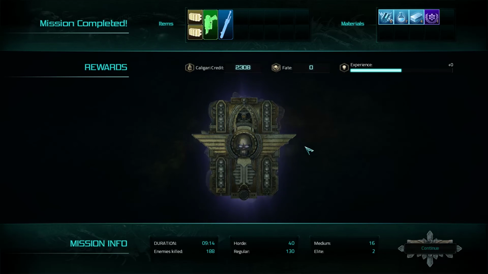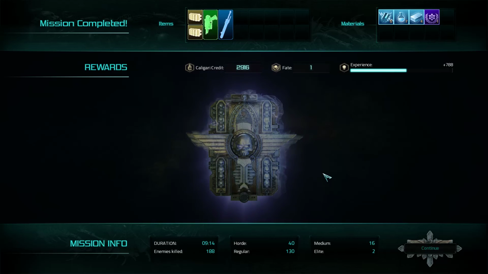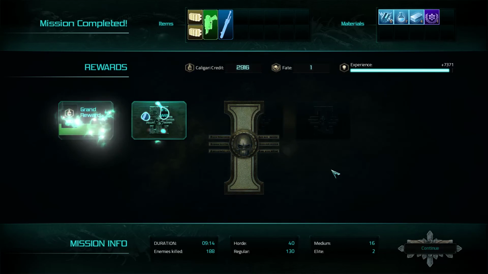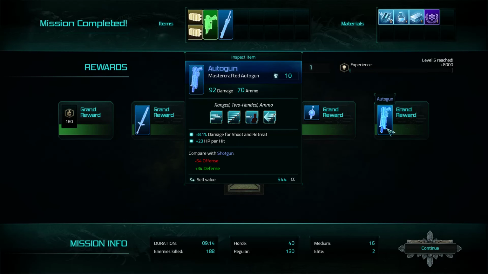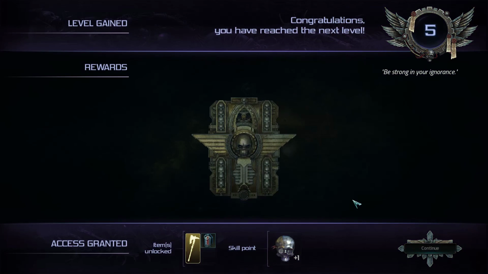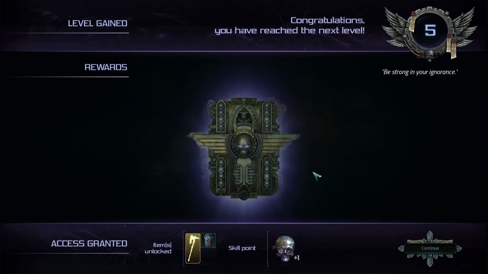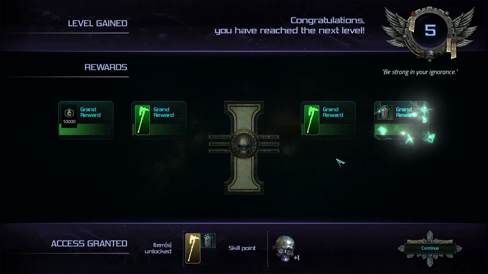So we are through. We got some nice experience, I hope. Opening up this package, and we shall be level 5 then. So we got an autogun. Nice. This is the gun I'm going to equip instead of the plasma gun, I think. And so we have some nice little upgrades here, guys. That is so awesome. And we have unlocked some new items, plus a skill point, of course. Got close combat weapons,